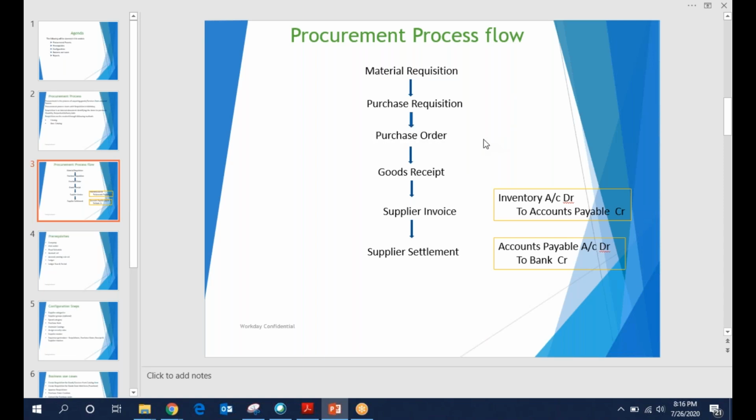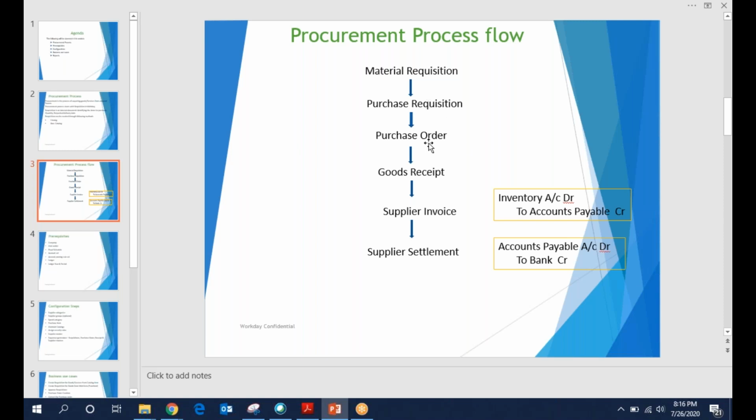Without a purchase requisition, a purchase order can also be created, but as per the internal process, once it is approved, the purchase order gets created automatically. Whatever data is given in the requisition is captured into the purchase order.